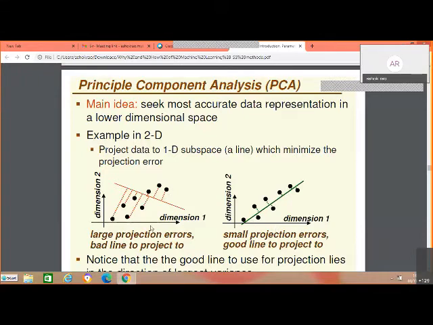The data is like this, so the interesting subspace is this line. Suppose I put a line like this, the projection error will be worse than this. So all these interesting directions depend on the data, meaning how the data are correlated. I capture information by looking at the data, in what direction it is correlated, put a line along that direction, and project the data onto that line, collecting a compressed, reduced dimension but highly accurate representation. That is the idea of principal component analysis. We'll come to that.